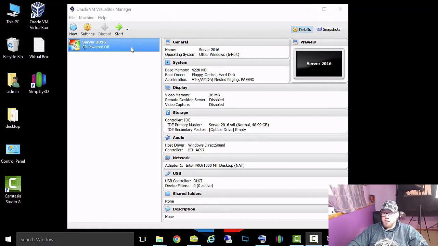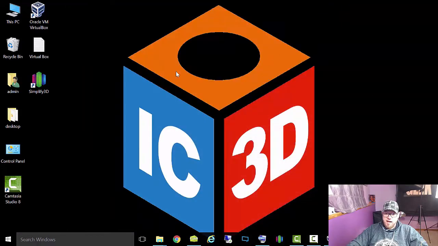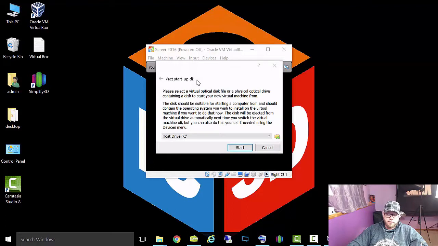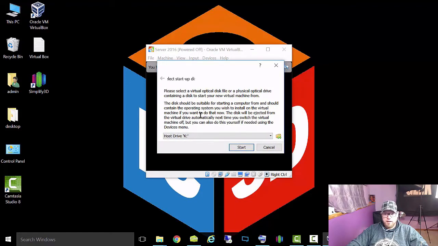So now we should be at this screen right here. And what we're going to do is make sure that we have this selected, and we're going to click Start. At this point, I'm just going to minimize that because in the background here, some things are going to load. So right here, it's, wow, that's kind of weird that it's doing that. But please select a virtual optical disk or physical optical hard drive containing a disk to start your new virtual machine from. This is where we're going to click over here